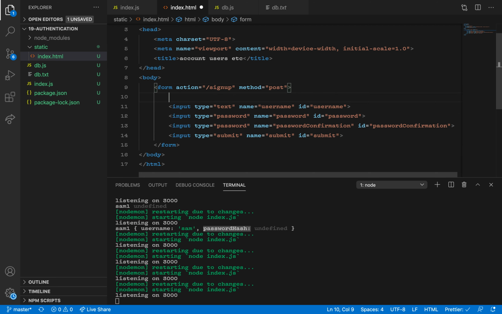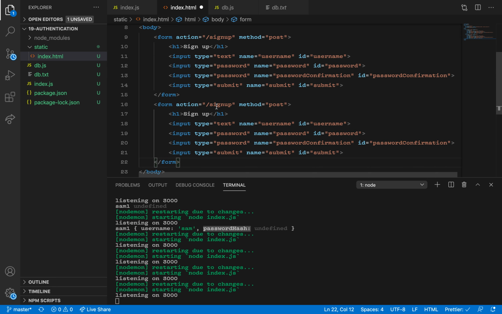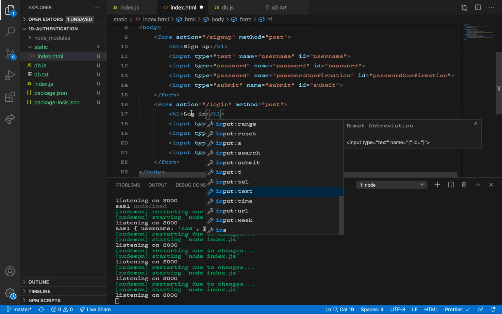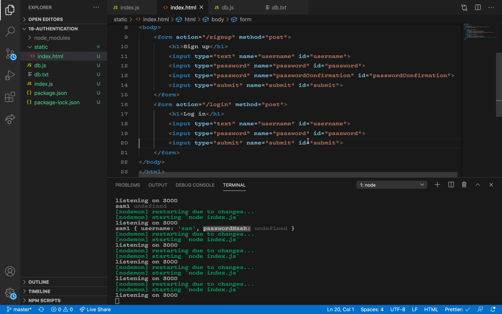And then we're going to have login. This only has username and password, and then submit, input type submit, value sign up,